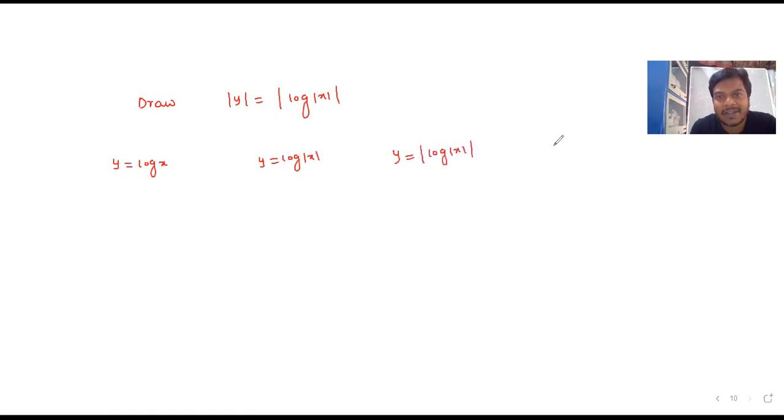And suppose the question is, draw the graph of mod y equal to modulus of log of mod x. Okay. Then first you have to draw the graph of y equal to log x, and then go for y equal to log of mod x, and then go for y equal to modulus of log of mod x. After that, draw the graph of mod y equal to modulus of log of mod x. Okay,